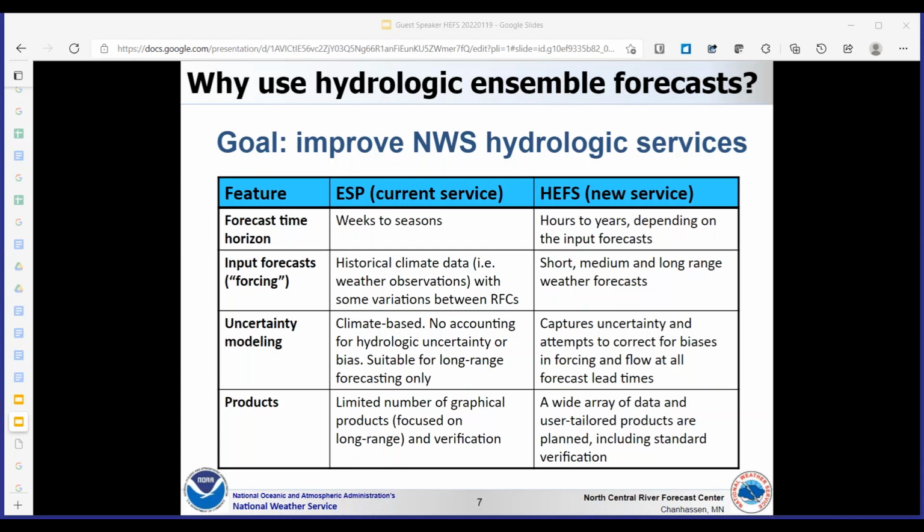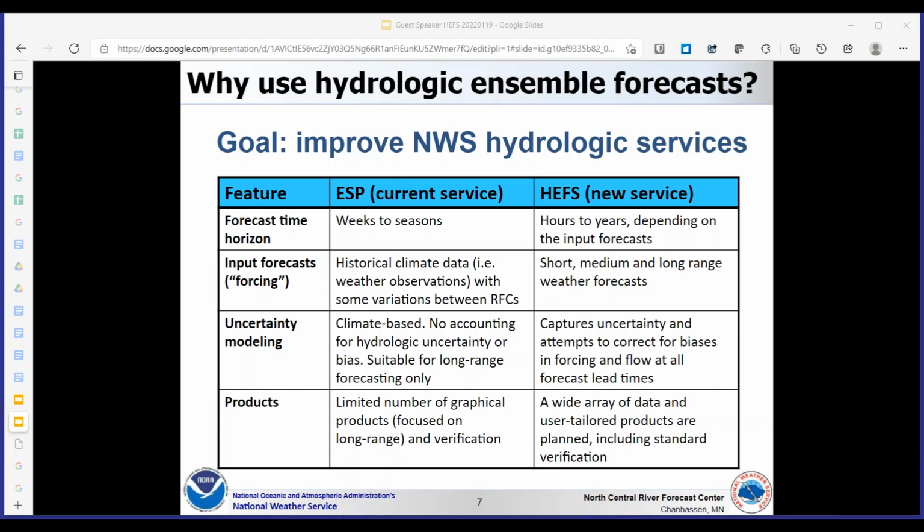In addition to using weather and climate forecasts, the HEFS has the ability to capture the uncertainty in the hydrologic predictions and corrects for biases in the forecast probabilities, which is something ESP is not able to do. As such, the forecast probabilities from the HEFS should be more accurate and more skillful than ESP, especially with future development and enhancements.